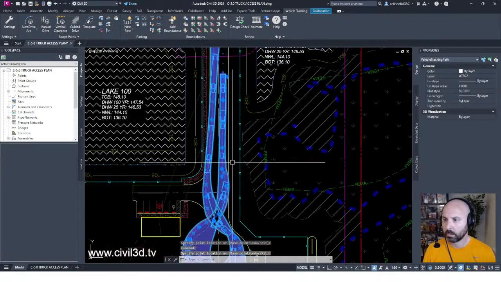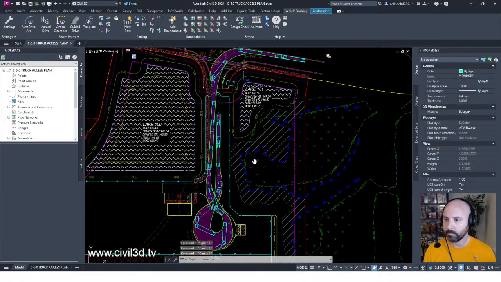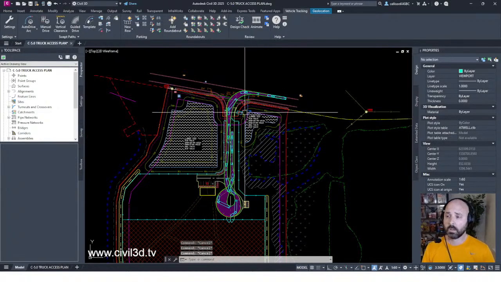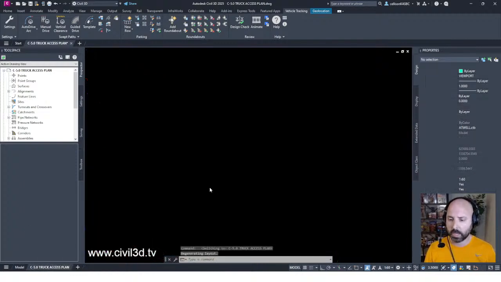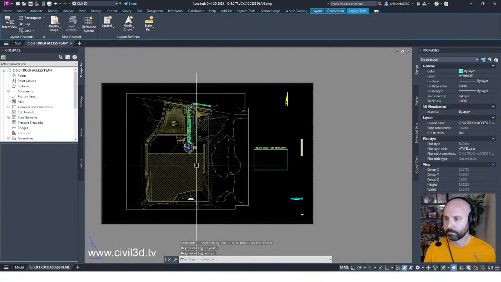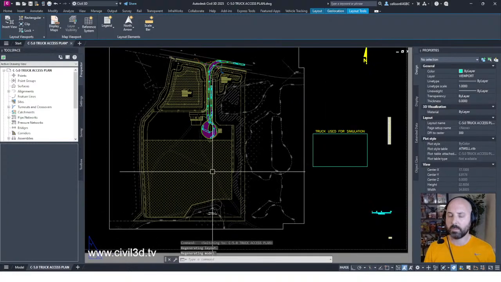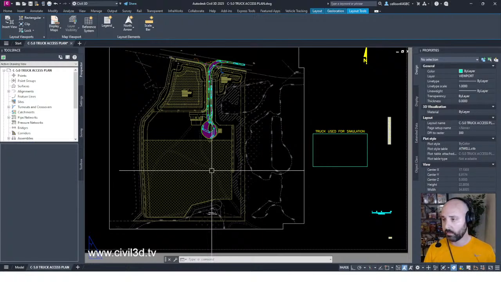And there we go. Comes right on back. So that's for a big old tractor trailer. What if we have our truck access plan? We basically have our plan, but we need to show a profile of the truck that we're using for our